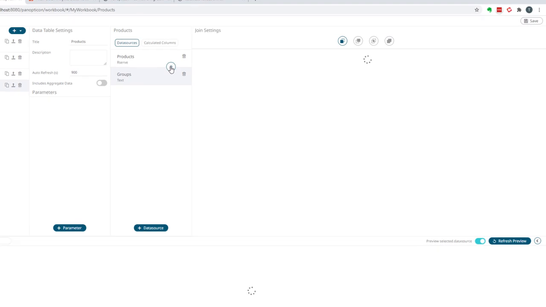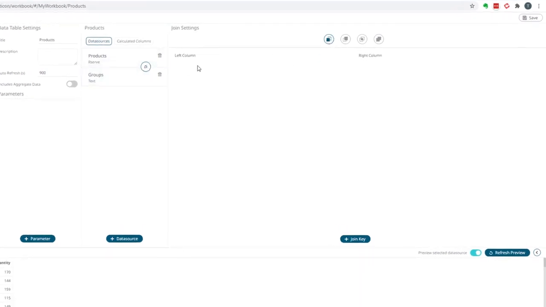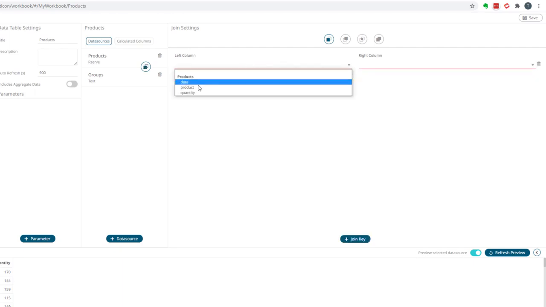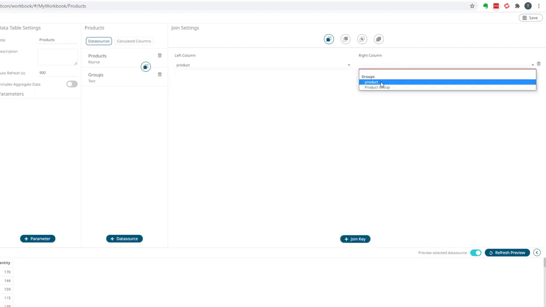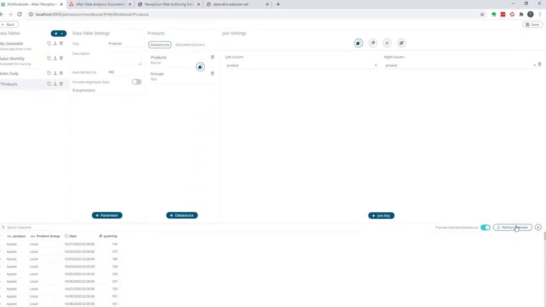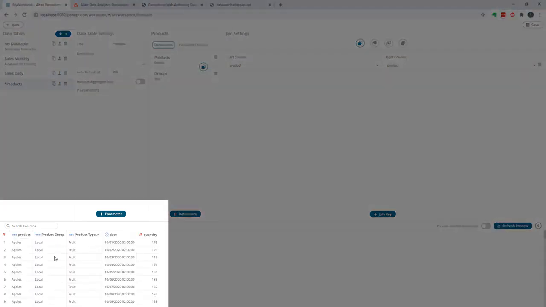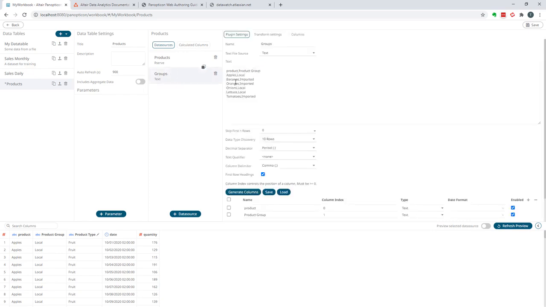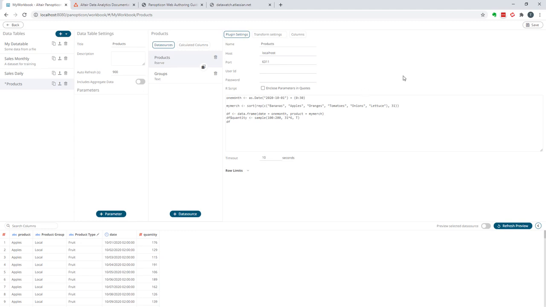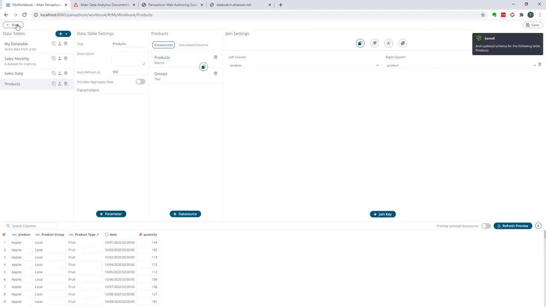And now it's time to join this. And we make a left join, and we add a join key, and we join by product on the left side and product on the right side. We refresh the preview and we unset the previous selected data source, and we see that we got product type since before. Now we also have product group, which we based on this small data set that we joined on to this data set. We save, go back here,